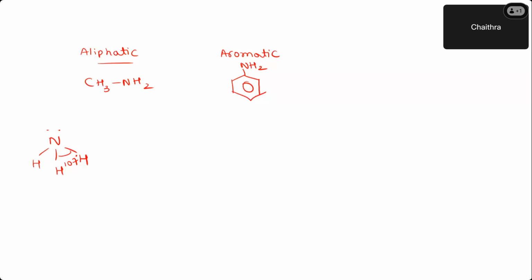Before that, I'll give one or two examples for nomenclature, how to give the common and IUPAC name. See, for example, first one, I'll take CH3NH2. How do you give the common name for this? Can you tell me the common name and IUPAC name? You have learned the rules. Try to recollect. Yes, very good. Yes, Lakshmi, it's very good. It's methylamine, correct. This is the methyl group. This is the amine group. So the common name is